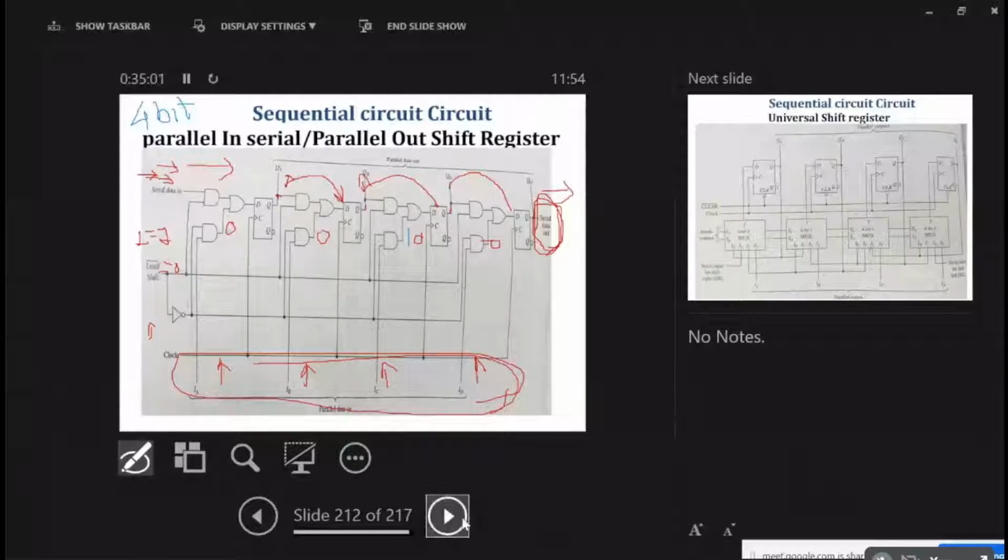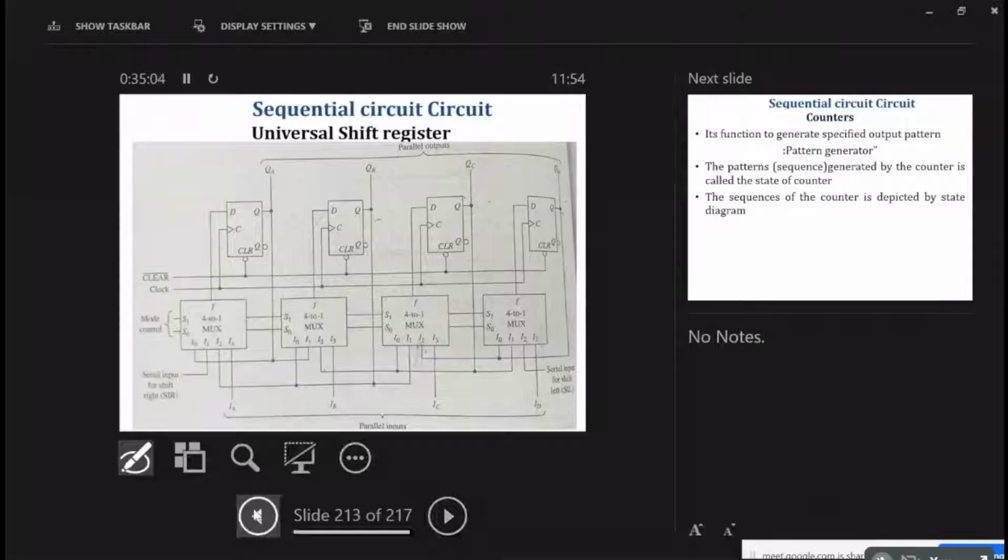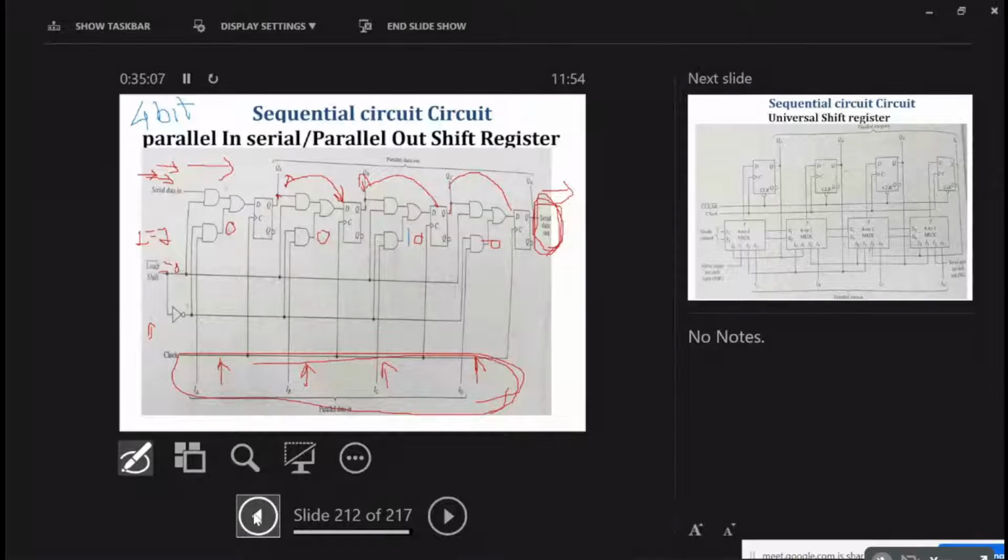Okay, so we have covered all the 4 types of shift register, on the basis of the way we are giving information and also on the basis of the way we are getting information. We haven't considered the case when the direction is changing, like we have considered unidirectional shift register. Now what about the bidirectional shift register? Here the shift register shifts the data from left to right, but what if we want to shift the data from right to left?